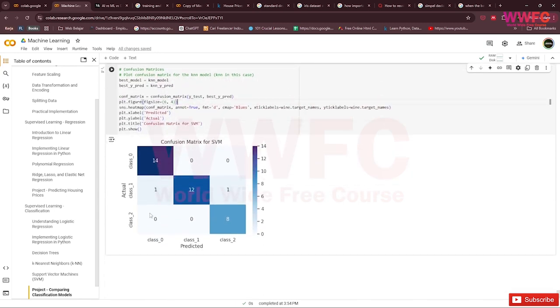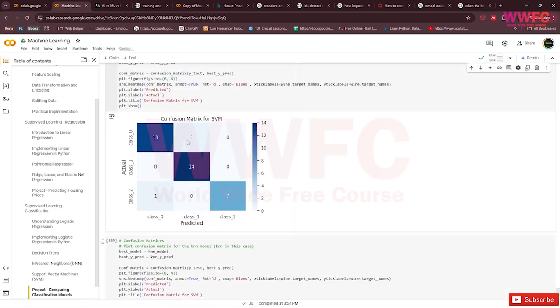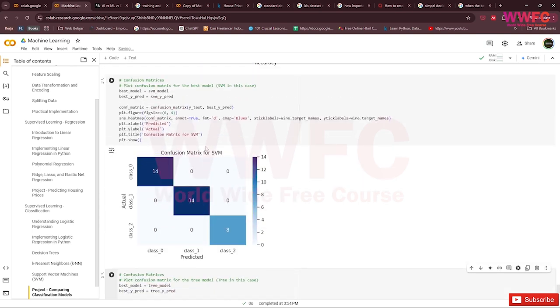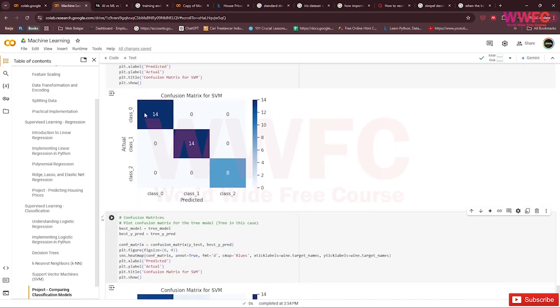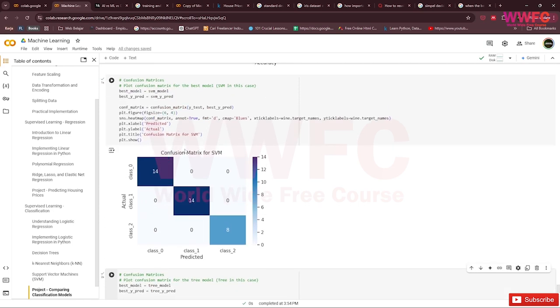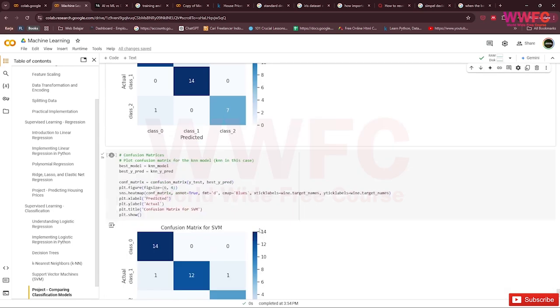So KNN is class 1, they predict as class 0, but in class 1 they predict as class 2. So they're wrong twice here, and then the SVM wrong twice here. But the SVM is 100% correct, and the logistic regression is also 100% correct. So we don't have to check the confusion matrix, right? Because it is the same value, because it's 100% correct.